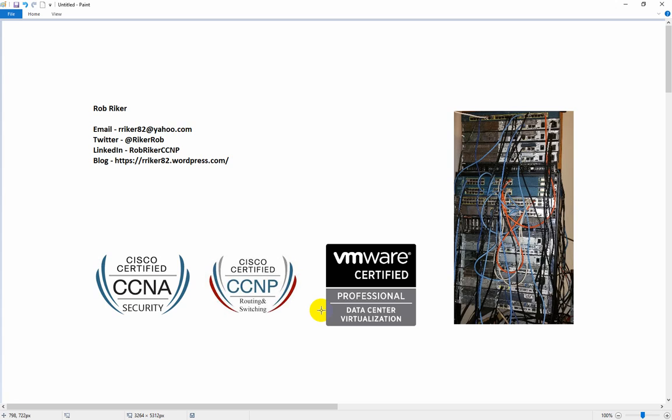Yeah, and there's another question: 3750 V1. Cisco came out with a couple of different versions of the 3750. The 3750 V1, which is like 12.2(25) code. The V2, which is 12.2(55) code, with 32 megs of flash, where you can run 15 code on the V2s. And then you have the 3750X platform, which allows you to run